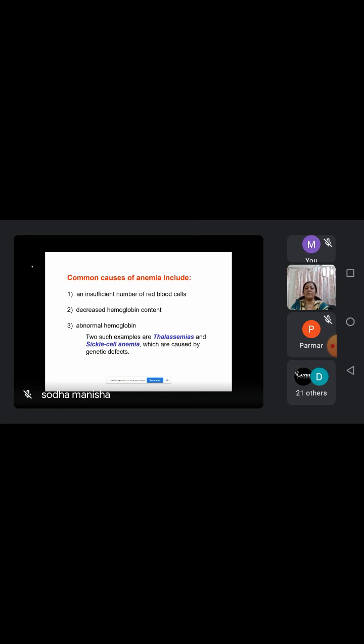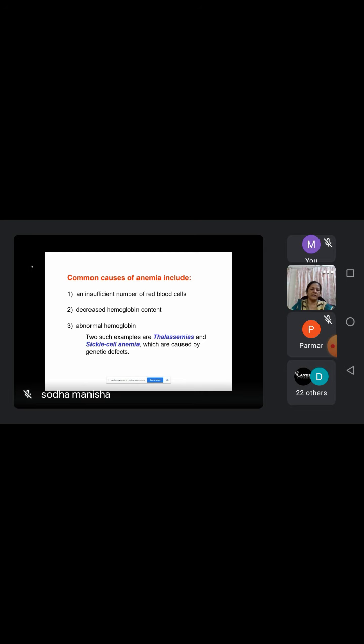Okay. This type of anemia results due to the deficiency of vitamin B12 in the diet. It is also known as vitamin B12 deficiency anemia or pernicious anemia. So a patient suffering from this type of anemia is advised to take food which is a rich source of vitamin B12. Or the physician will prescribe preparations containing this vitamin.